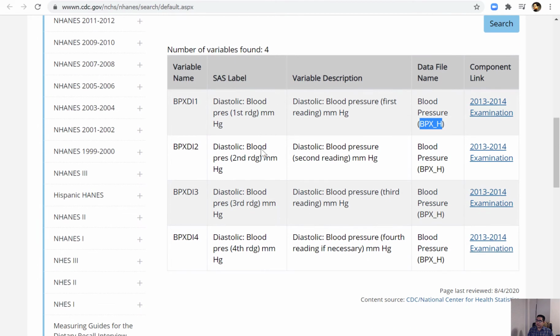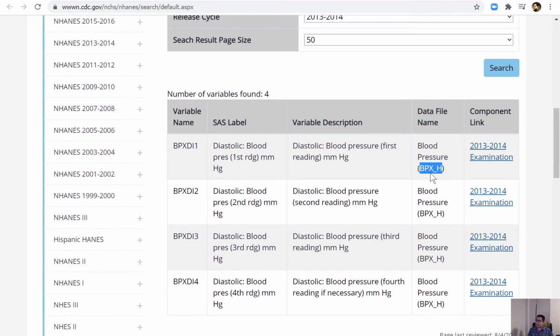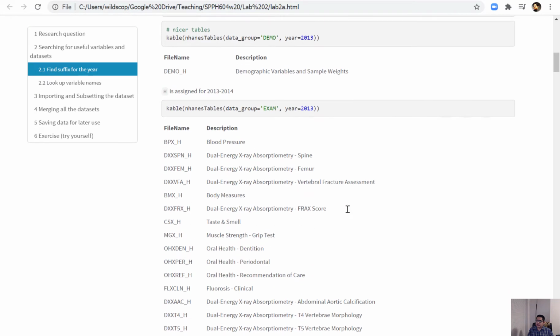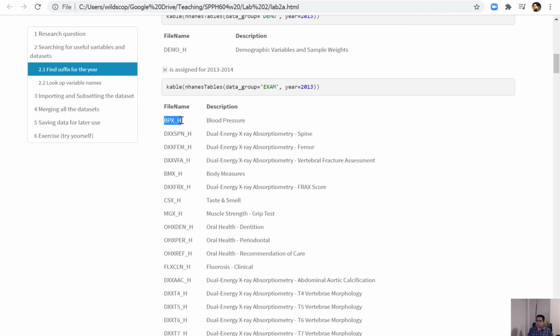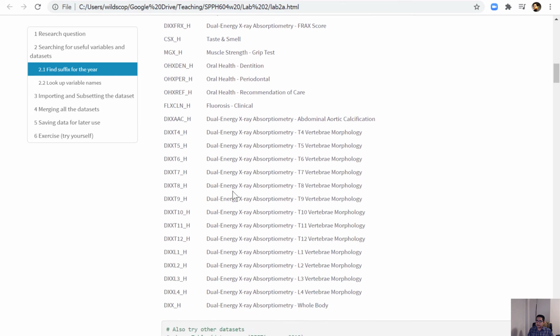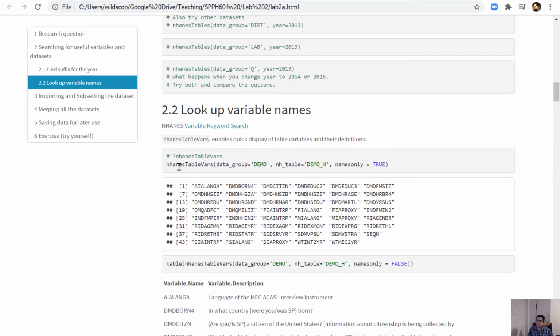There are many other variables that contain similar information, and you can take a look at that in the same data file, bpx_h. So in here, see bpx_h, so this bpx is the name of the blood pressure variable dataset, and this h is the index for 2013. So there are many datasets under this examination component, and then you can simply use the nhanesTableVars command